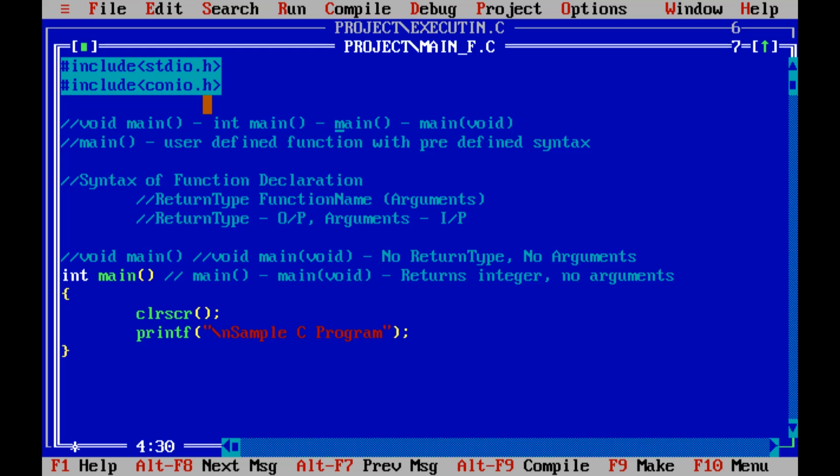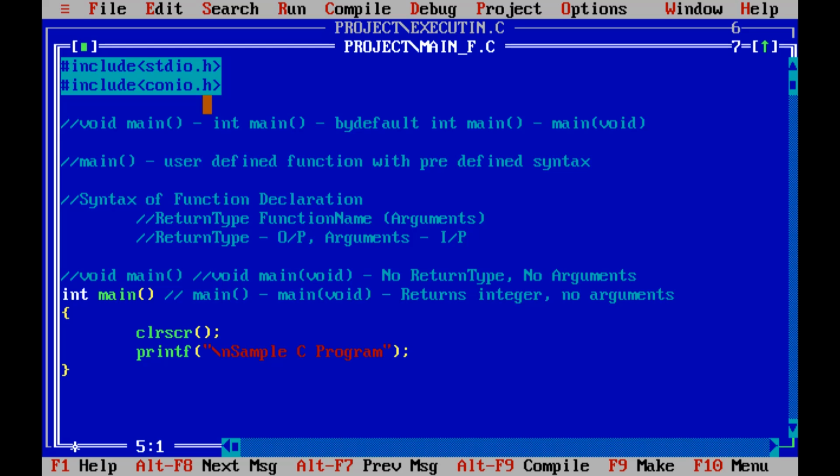So by default it is integer. So if I have written main, it is equivalent to integer main. This is equivalent to integer main. So if I have written only main, by default the return type is integer. Okay, by default means